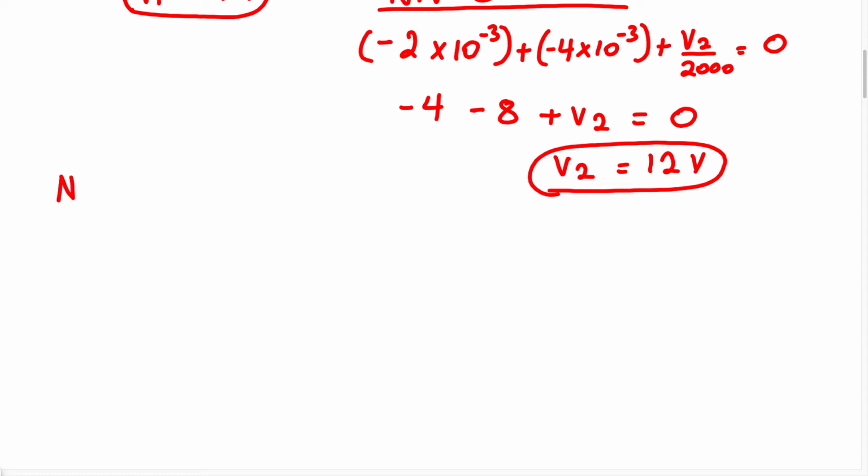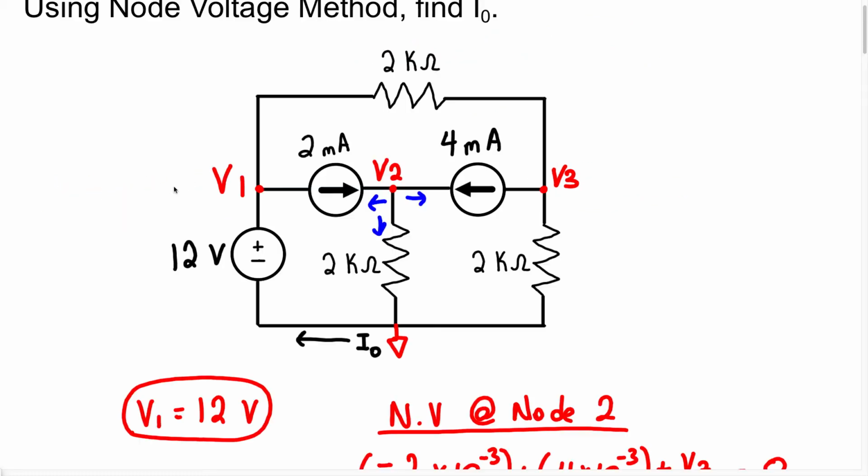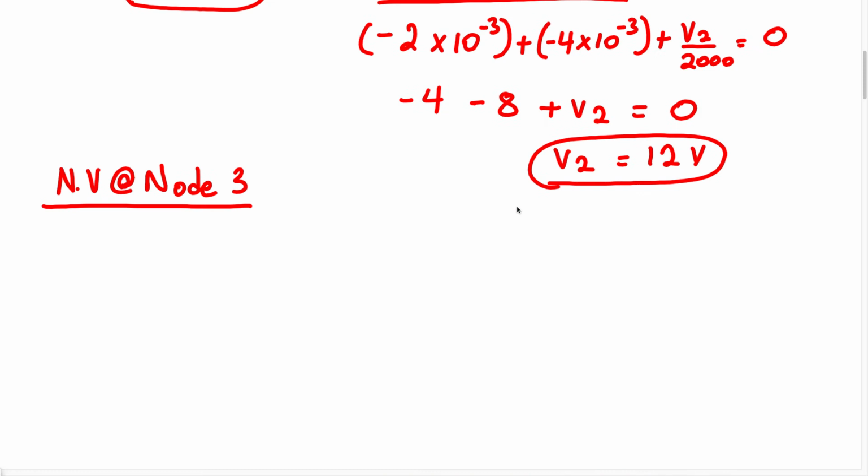So we have node voltage at node 3. We're going to assume the current is leaving this node, so we're going to have a current going this way, and this way. So we're going to have a positive current, right? Because we have this current source that's actually leaving and going in this direction. So we're going to say that's a positive 4 times 10 to the negative 3